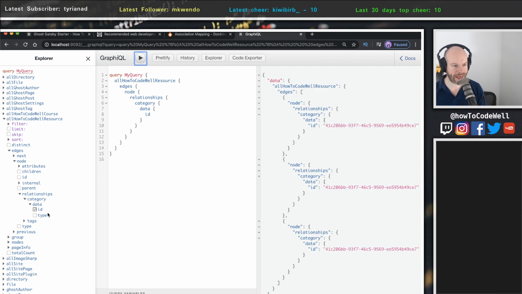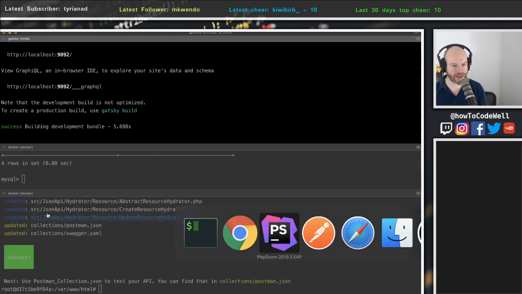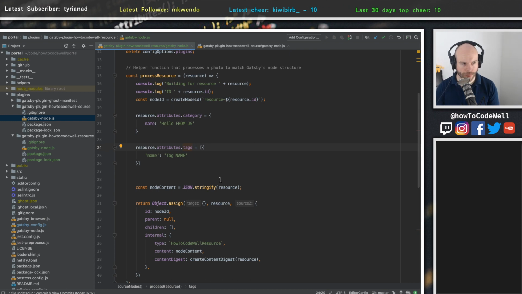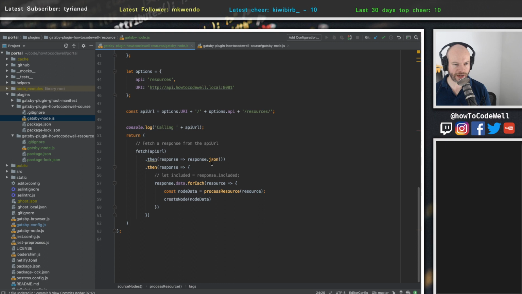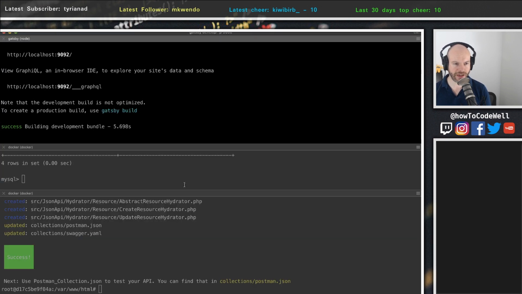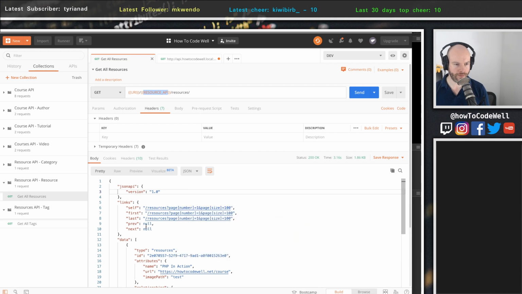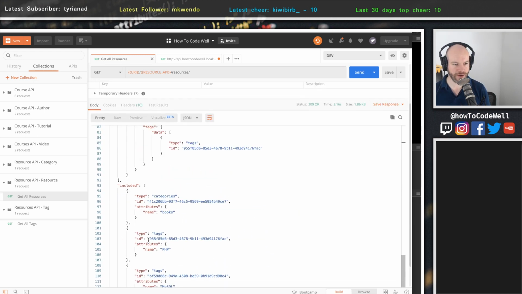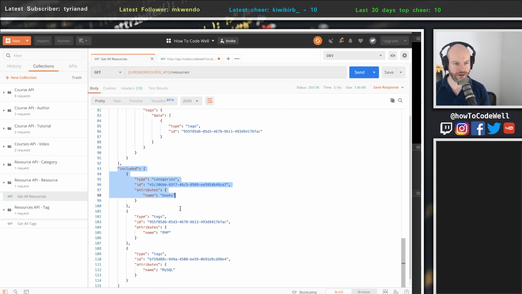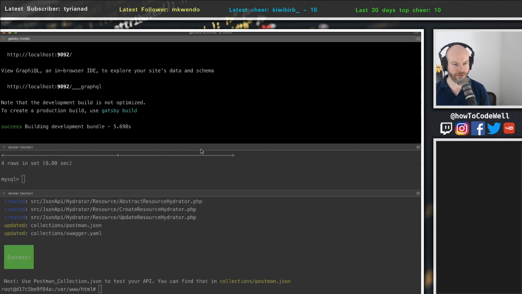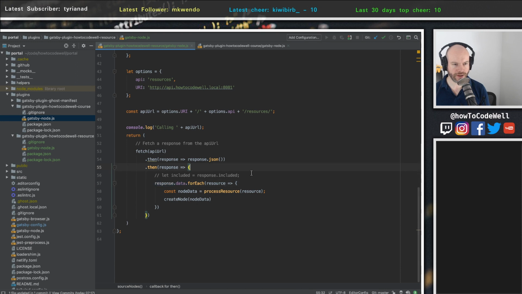However, we do get the included thing back from the response. If I scroll down to where we got the response, we were only pulling out the response.data, which marries up to response.data here. But the included bits are actually outside of that. So what I need to do is create